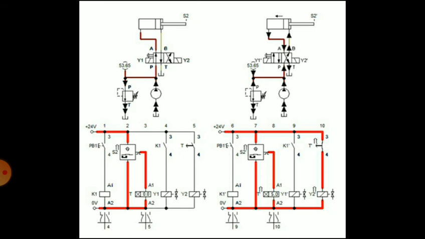So this is a use of delay circuit in an electro-hydraulic system. You can see the circuit diagram for activation of Y1 and Y2. So this is regarding the design of electro-hydraulic circuits.